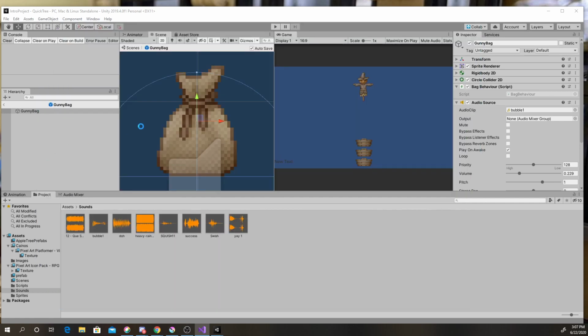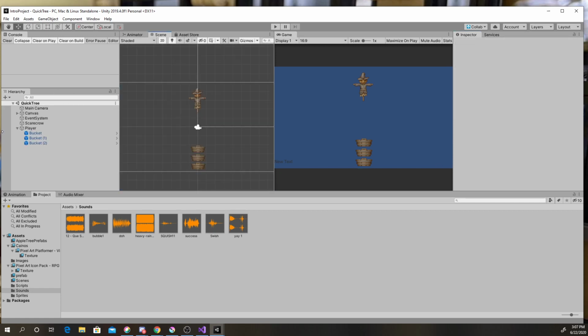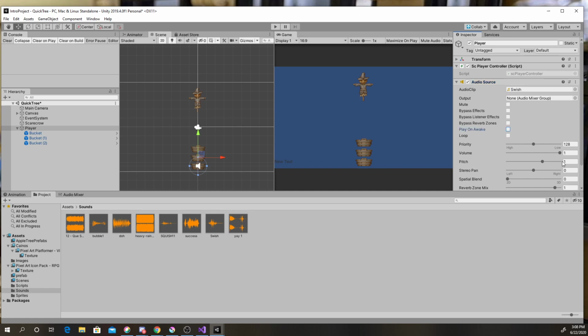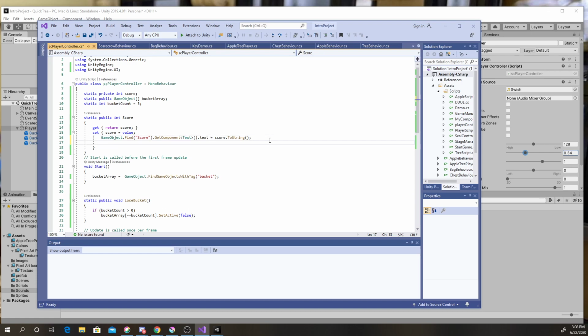I'm gonna make the swish sound on the player. Okay. So we're gonna go to the player. Come on, player, scene, player. And the swish sound is not played on awake. And we'll turn it down a little bit. We'll go to the player, and the player is going to do this every time we score. I'm going to say